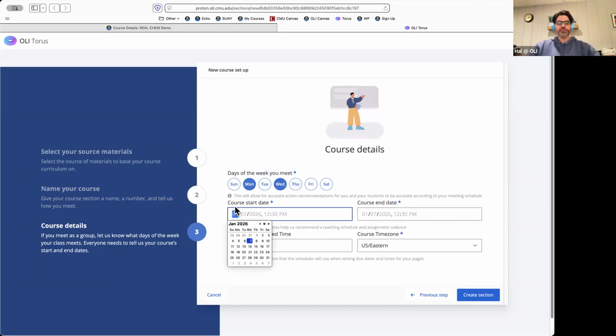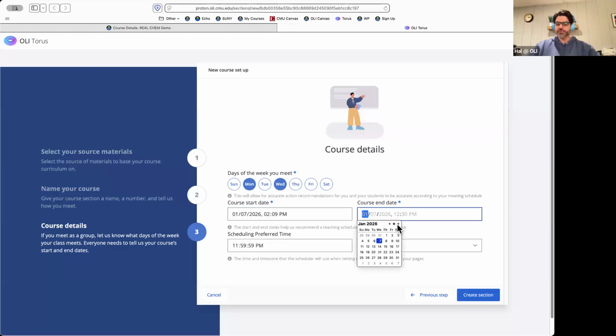And then you have to enter the start date and the time. I will just select today, starting now. We will end in approximately 3 months. Or 4 months. Let's go to the middle of May. The only thing that these actually control are enrollment times, and the course start date is also associated with